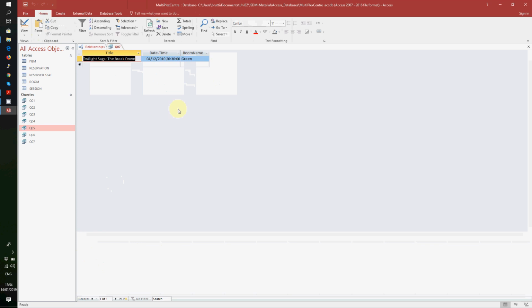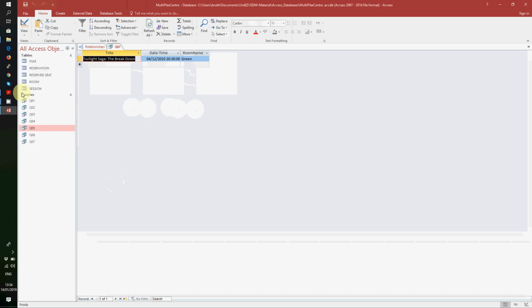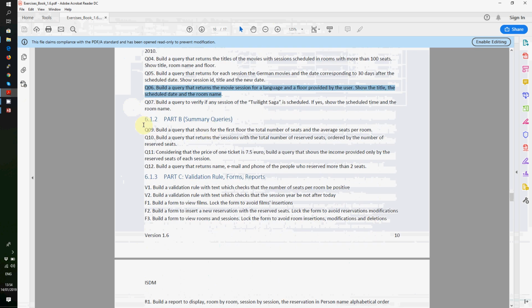Run. Okay, so there is just one apparently on December 4 in room green. So this exercise completes the first part on selection query. Now we move to part number